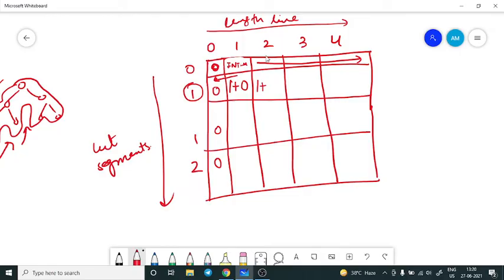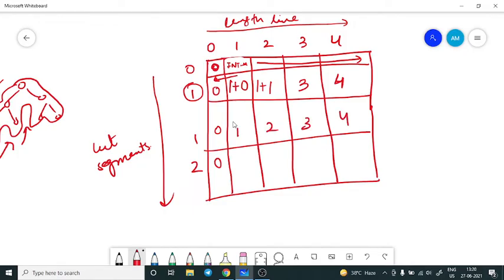I would have shifted to the row above only if the condition was that I cannot utilize the same cut again and again. But here I am allowed to use my cuts as many times as I want. So I will go in this backward direction and check that my length was 1, and there was 1 cut segment here. So I had only 1, so I will do 1 plus 1, which comes out to be 2. Similarly I can do this for 1, so it will fill out to be 4, then 3, then 4. Interestingly, this one will also be filled in a similar fashion: 1, 2, 3, and 4.